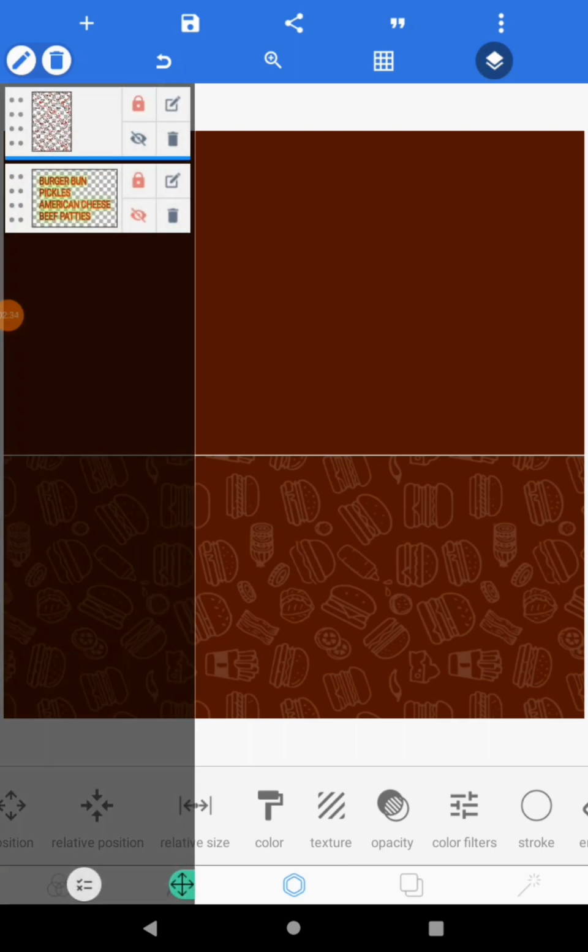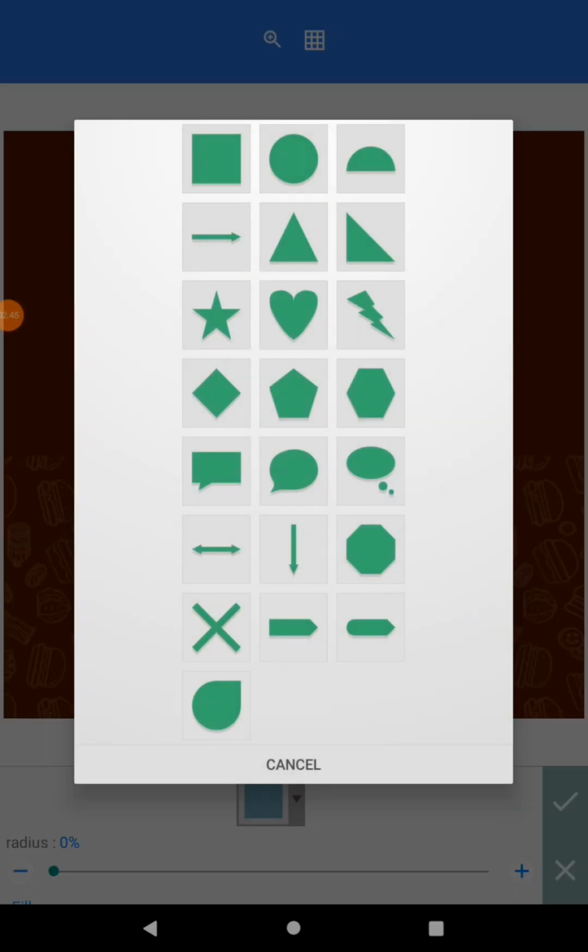Alright, so I'll enable the effect shadow part 2, then I'll check it. I'm going to the layers panel to unlock it. Now the next thing I'm going to do is to bring a shape on board and put it at the corners of this. Alright, so I'm going to shapes, then I will, okay, this shape is okay. I'll increase the radius slightly,